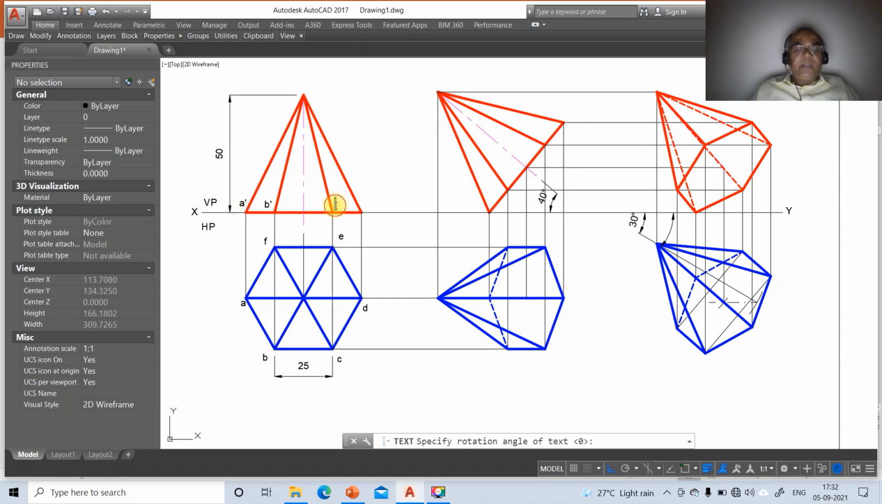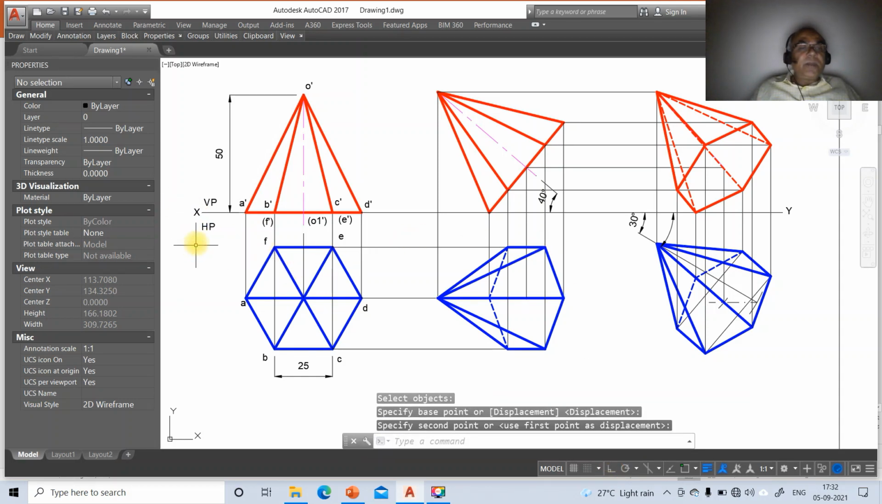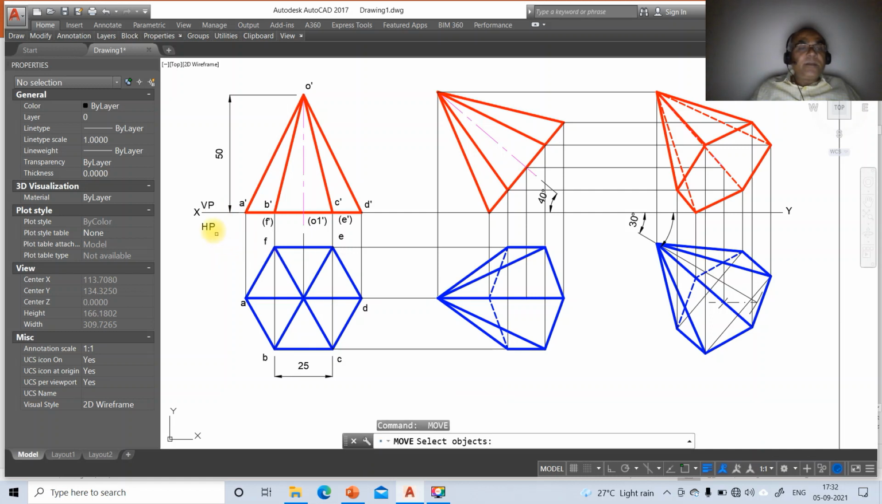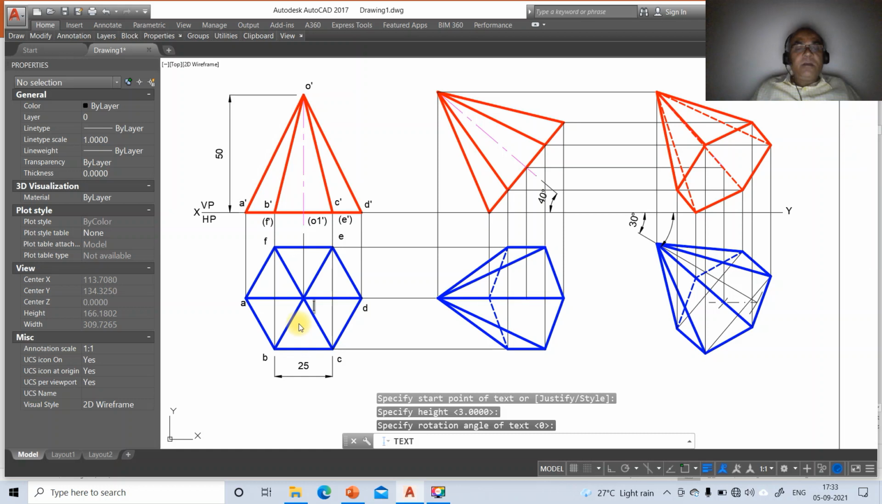B dash and this as C dash and this as D dash and this as E dash, and this as O1 dash, and this as F dash, and this as O dash. Then just go to move, switch off the ortho mode, you take X and you move VP, and similarly HP. So here you go to D text, so here you type O and then you type O1,